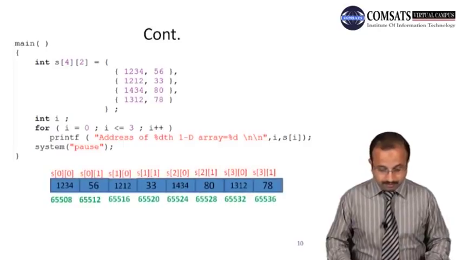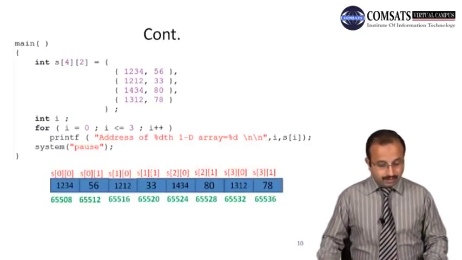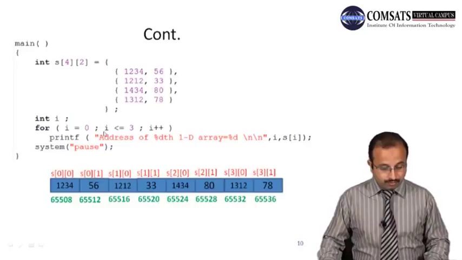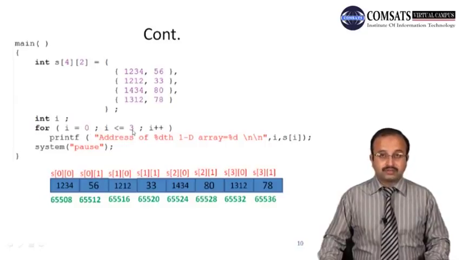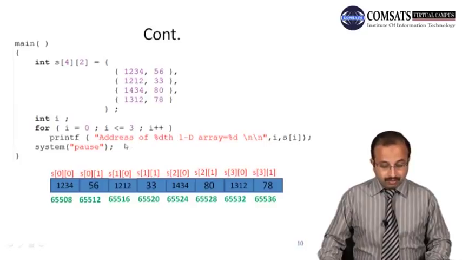So this is the memory map of the one-dimensional arrays. So you can see this is a for loop and there's only one printf statement in this for loop. This loop starts from 0 and goes to 3. That means this loop executes 4 times. Now the address of